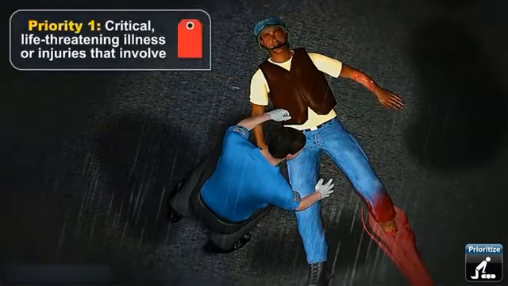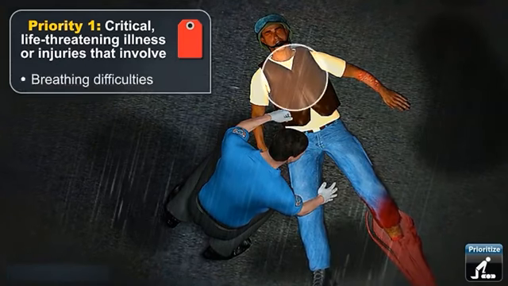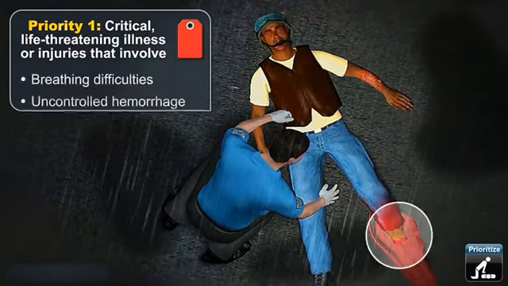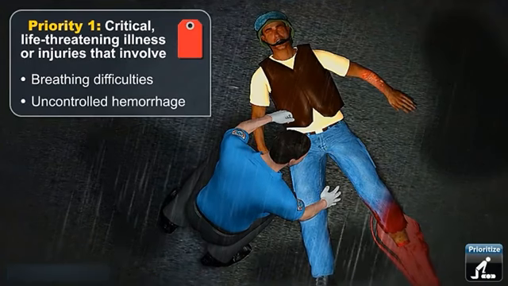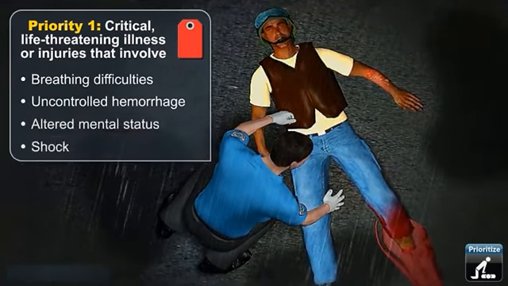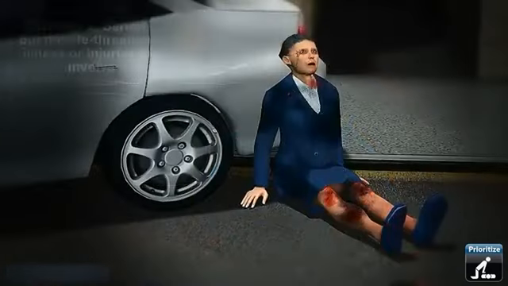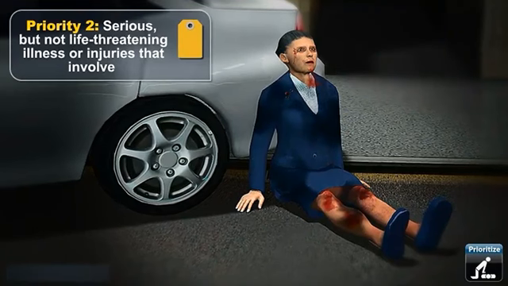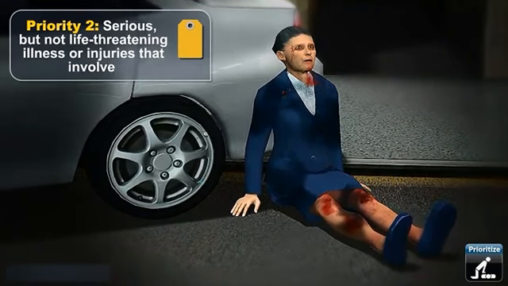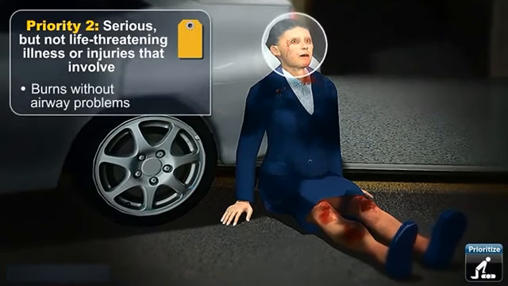Priority 1. Critical, life-threatening illness or injuries that involve breathing difficulties, uncontrolled hemorrhage, altered mental status, shock, or extensive burns. Priority 2. Serious but not life-threatening illness or injuries that involve burns without airway problems,